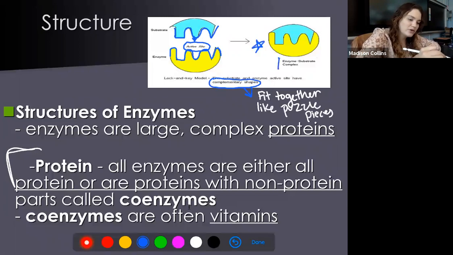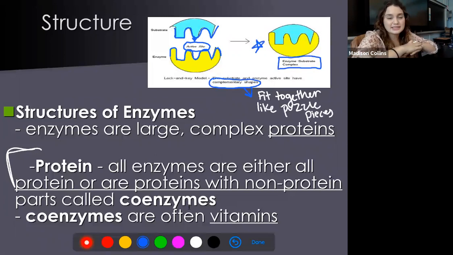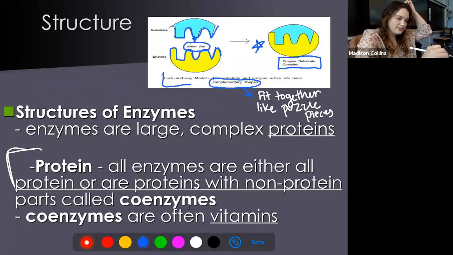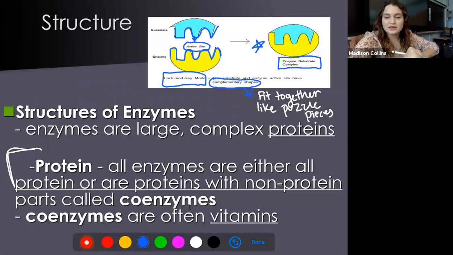That makes them form what we call the enzyme substrate complex, which just means that the enzyme and the substrate have connected. We call this the lock and key model, because just like you have to have a specific shape of key to open a lock, the enzyme has to be a specific shape to match up with the correct substrate. You can't just take any regular key and fit it into someone else's door, right? Your key is not going to open your neighbor's door, and that's for a specific reason. The same thing happens with enzymes and substrates. They have to be the same shape in order to work.